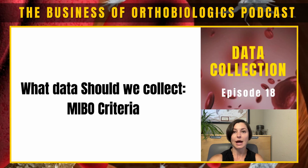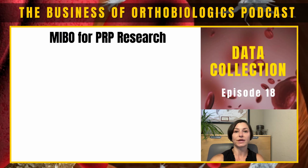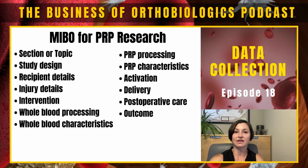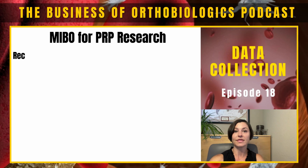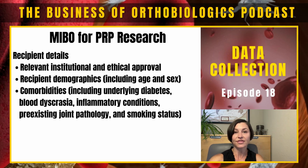So there are minimum reporting standards and the MIBO criteria. When we talk about PRP, we talk about this checklist of items for study design, including whether the study was conducted in accordance with CONSORT or randomized controlled trial, cohort, case control, cross-sectional, or meta-analysis guidelines. We then make sure and check institutional and ethical approval,